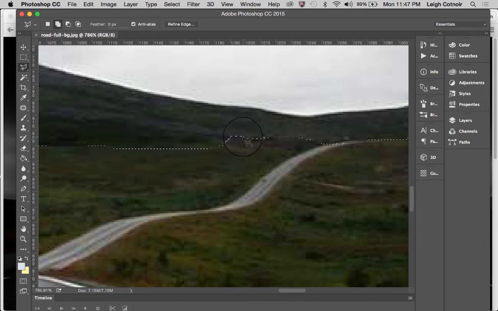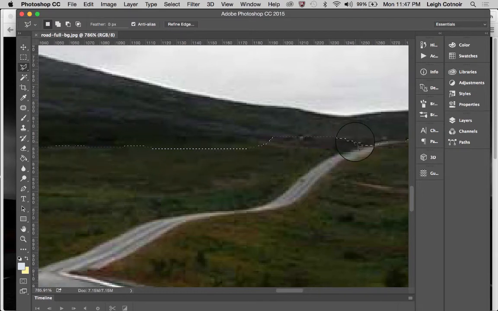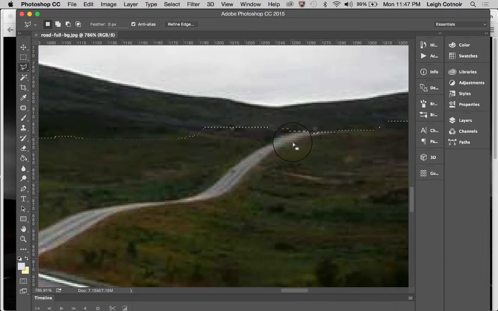Okay, so I want to try to smooth this out a little bit. And there we go. You might look at some of this and go, that doesn't look like the right part of the hill because it slopes down here. So maybe I actually don't want to keep that. Maybe I want to exclude that. So let's take some of that out, and have it slope with the hill this way. All right, so I'll take this out of the selection